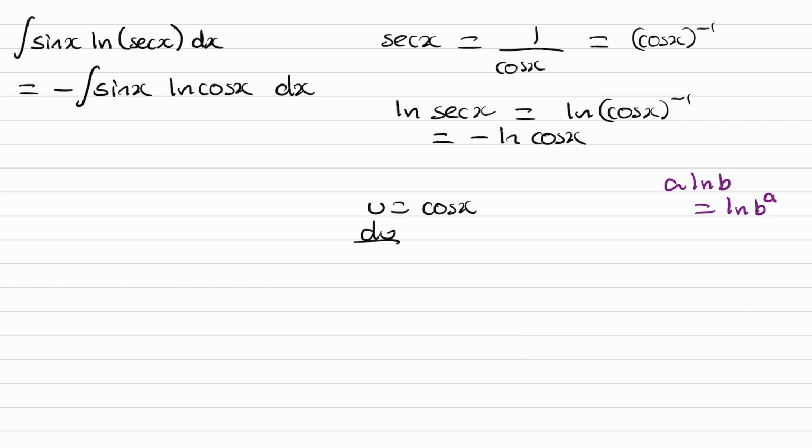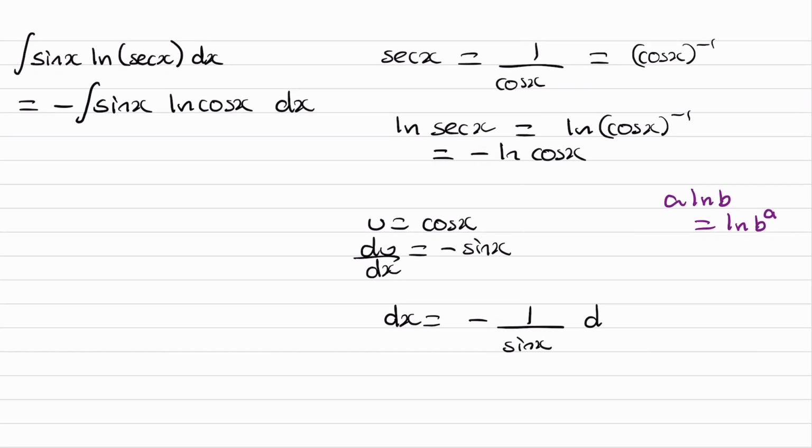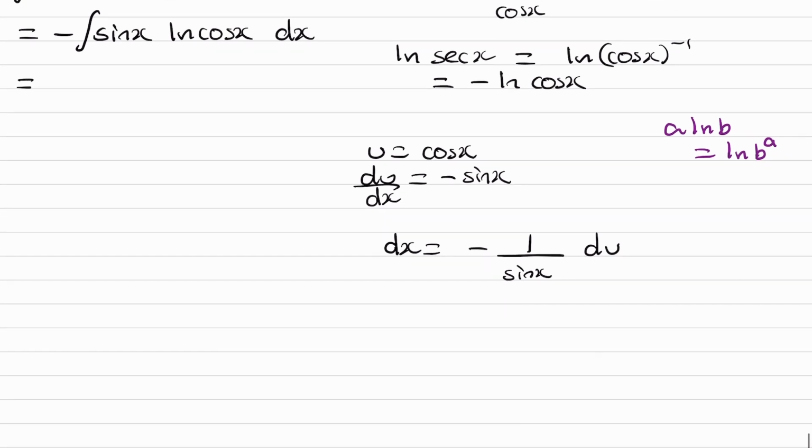So differentiate this, du dx would be minus sin x, and then switch these two things around, the dx and the minus sin x, and this then becomes dx is equal to minus 1 over sin x du. So now we can sub this in, so this becomes minus the integral of sin x times ln cos x, which is now ln u. We set u to be cos x. And then times that by dx, which is this, so times by minus 1 over sin x